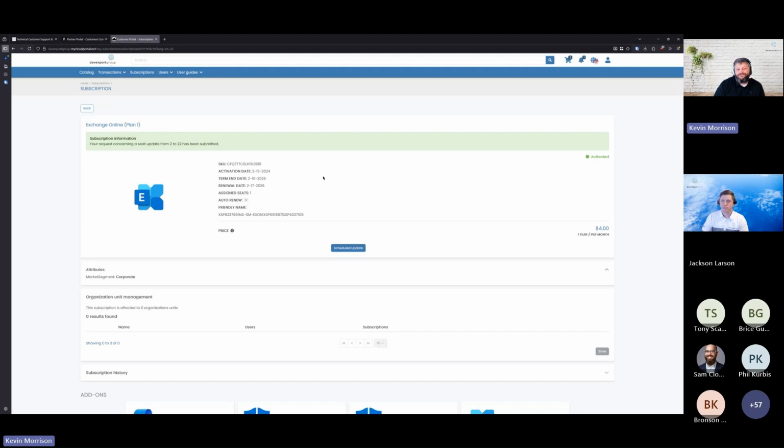That will just show up within probably, I've seen it within a couple of minutes up to maybe a maximum of 10 minutes. If it hasn't shown up in 15 minutes, something's wrong with the pipeline. You reach out to your account executive and we'll have the operations team figure out where something got stuck in the process, because it shouldn't take more than 15 minutes or so unless there's a Microsoft outage causing it to take longer.